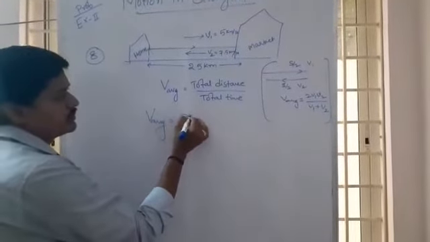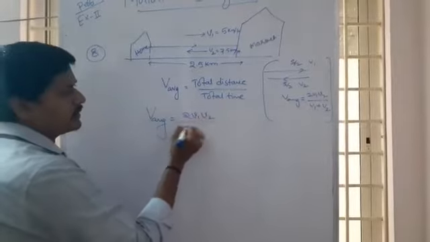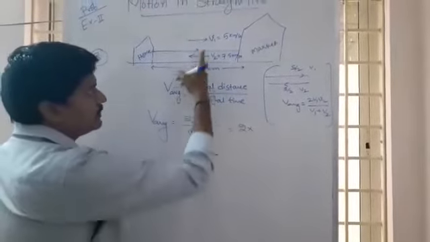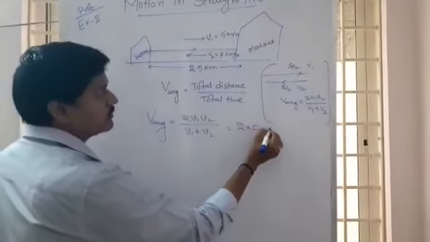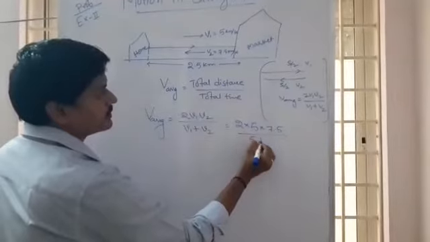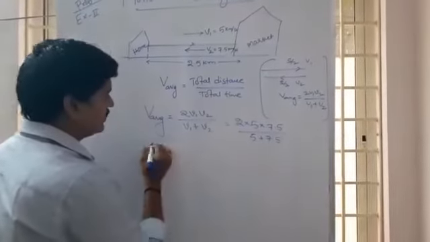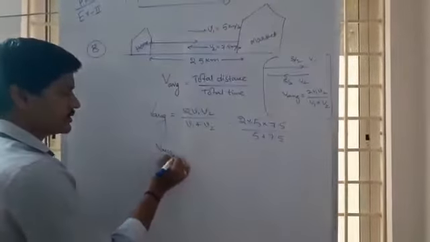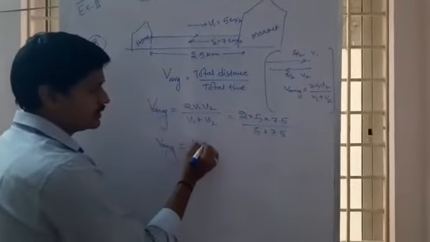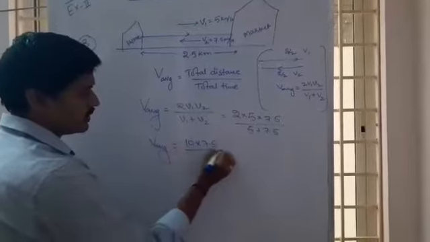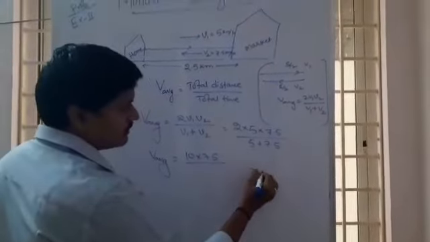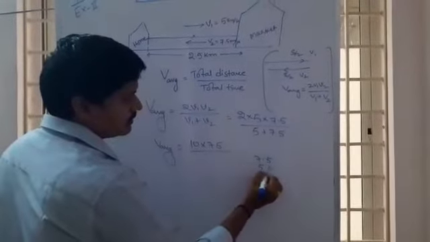So 2 V1 V2 divided by V1 plus V2, 2 into 5 into 7.5 divided by 5 plus 7.5. Therefore average speed is equal to 10 into 7.5 divided by 7.5 plus 5, that is